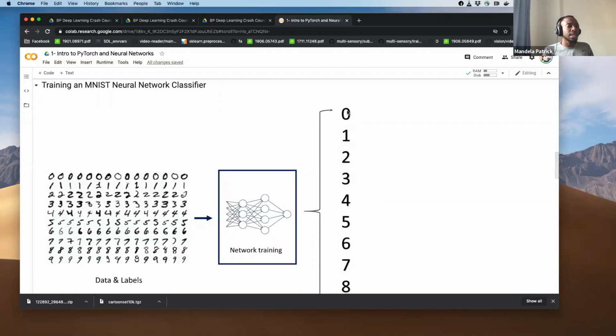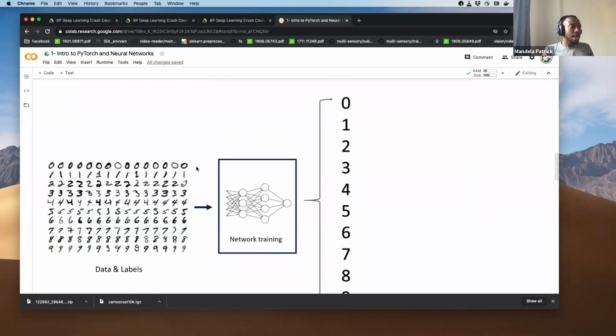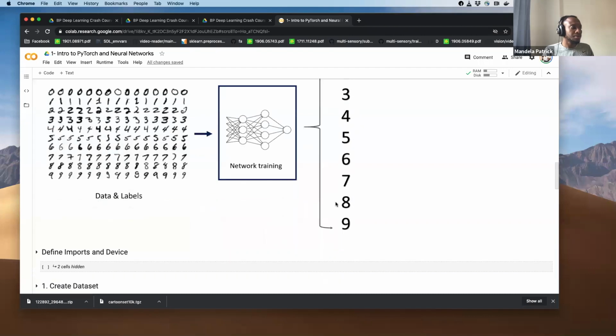So basically, the model is trying to classify some handwritten digit into a discrete label, either 0 through 9. And so you have a bunch of data, and you train the model. As we were explaining before, we give the model a bunch of data. We use a loss function and backpropagation to train the weights, and then eventually, given some new digit, it's able to output hopefully the correct value.